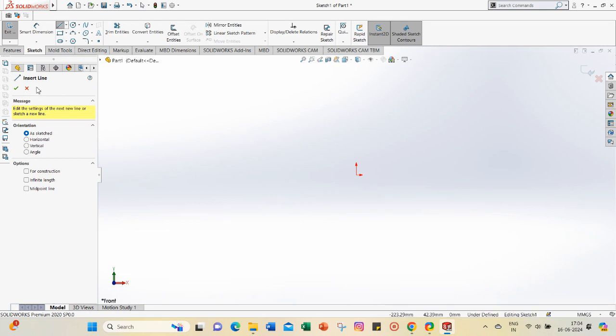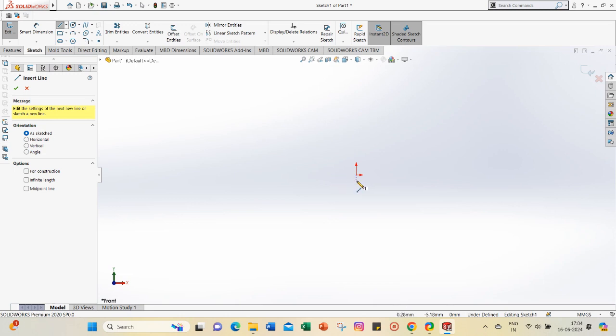After selecting this, in the left corner it shows various options of line. As soon as we start sketching from the origin and go close to the origin, a blue dotted line starts to appear.